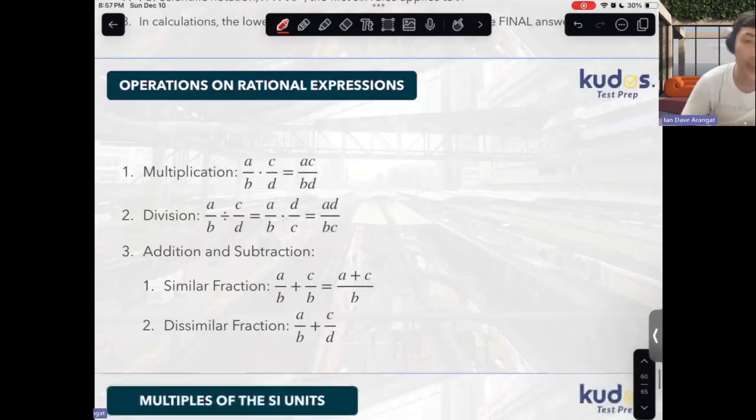Next is operation on rational expression. So there are 4 operations, of course, but the crucial thing is the addition and subtraction. First, you have to determine if it's similar or dissimilar. If the rational expression is dissimilar, first find the LCD by looking for the LCM or the least common multiple for you to yield the least common denominator and proceed as if you're just performing addition or subtraction and similar